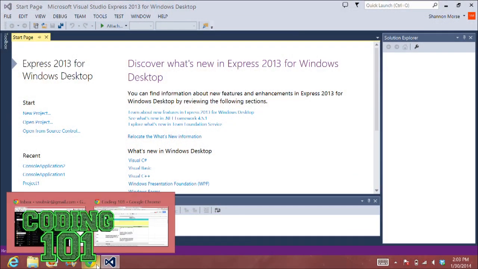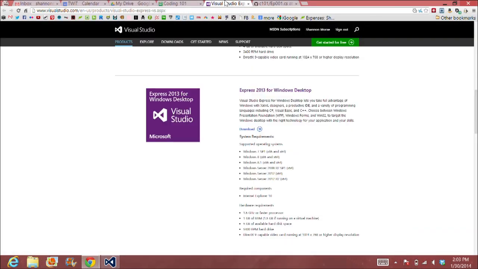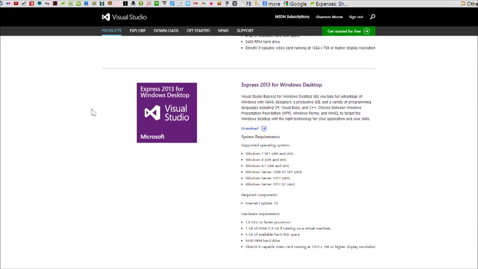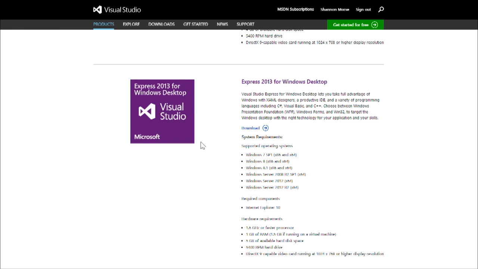So I went ahead and pulled up everything on my computer. First off, I'm going to show you the website. This is where you can download Visual Studio Express for the Windows desktop. That's the specific one that we're going to use. It's totally free. There's no 60-day thing or anything like that. You just download it right here. If you sign in with your Windows username and password, it'll sync everything you have customized in the program from one computer to another. So every time you open up Visual Studio on any computer, it'll all be the same.